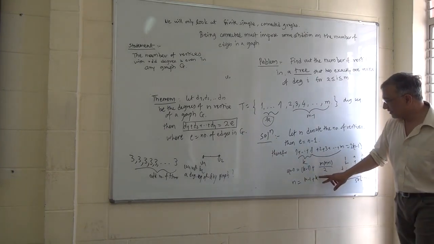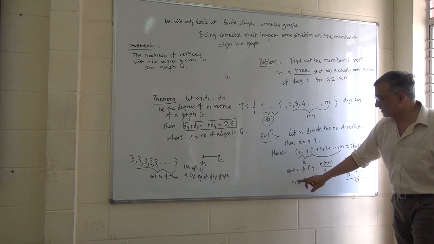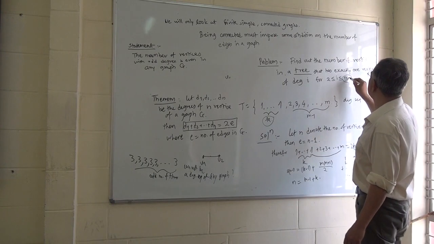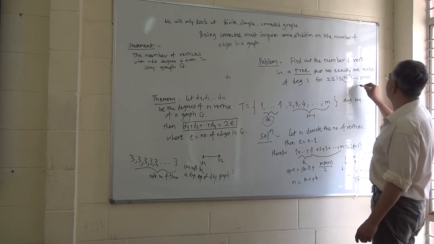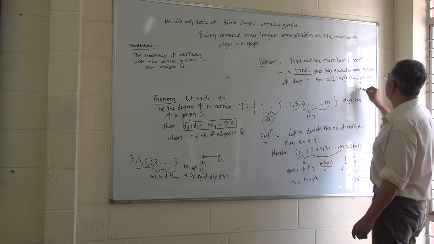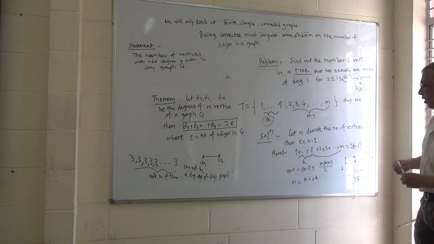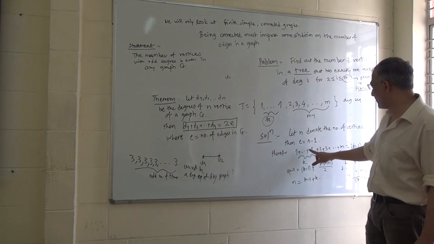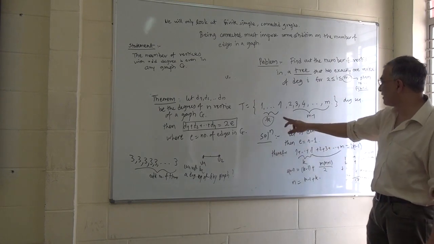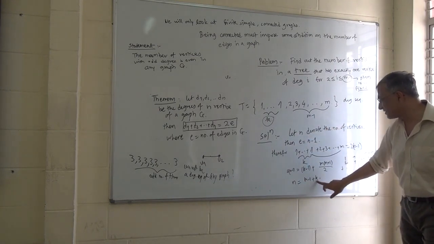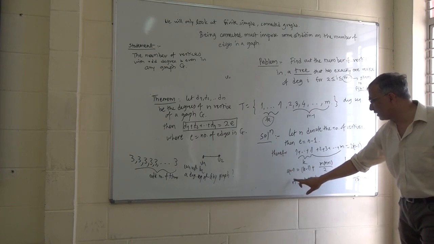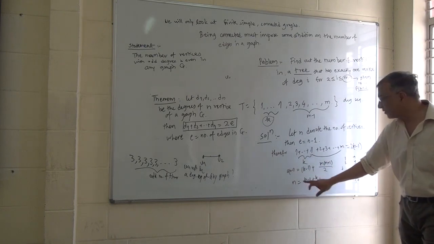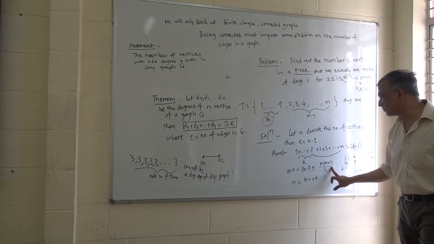So now we have two equations in two unknowns, n and k. M is given to us, remember, this m is given to us in the problem. It is fixed. What is not fixed is k. We don't know what k is, and n also depends on k. N was k plus m minus 1. So since k is unknown, n is unknown, and we have two equations in two unknowns, we can just subtract and get rid of k, and we get an equation in n only in terms of m.